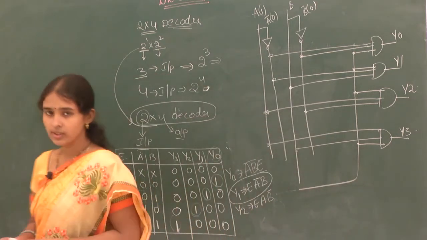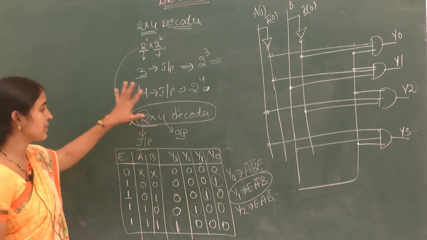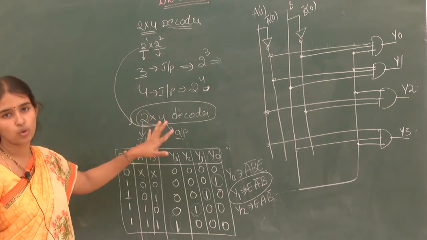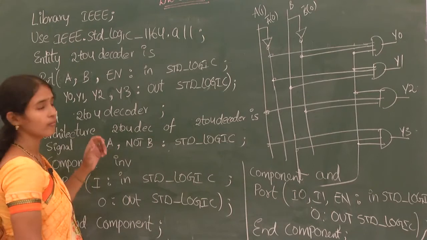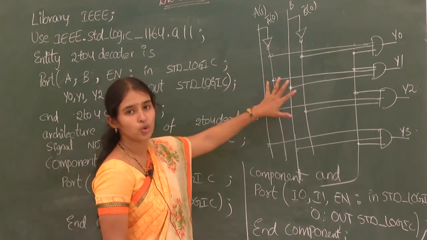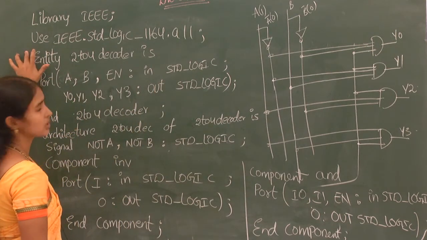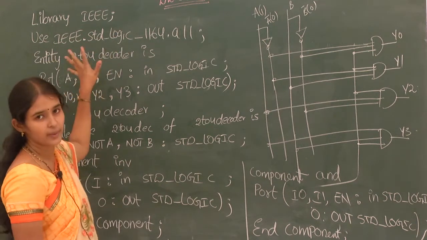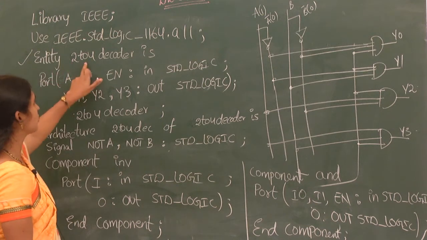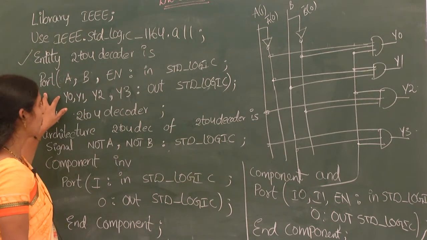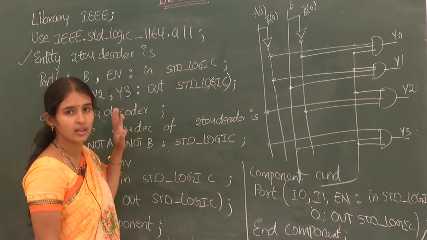Now, coming to the point, what is a 3 to 8 decoder? Or else let us see how to write a VHDL coding program for 2 to 4 decoder. We have designed how to draw a circuit diagram. Now VHDL coding. Here, library and use std underscore, these are all libraries you will be including. Now this is your entity declaration. In the entity declaration for 2 to 4 decoder, you specify your ports, what your inputs are and what your outputs are.